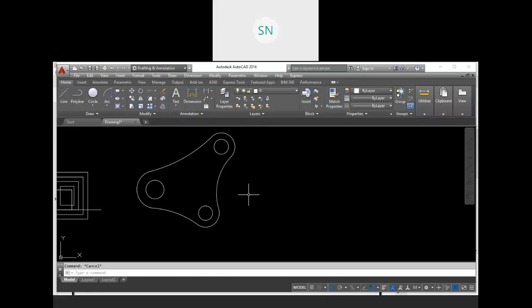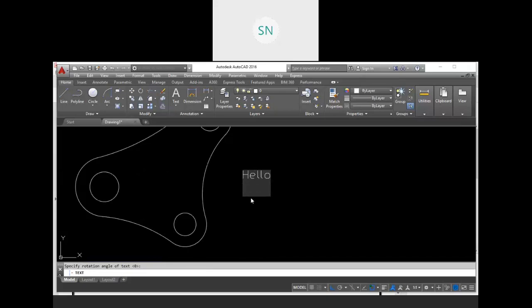For the simple text, we have a shortcut key DT. Type DT, enter, then specify the start point. For example, I want to place my text here. So this is my start point. Then my text height, let's say 10, enter. Then rotation angle 0, it is fine. And now you can type whatever you want.